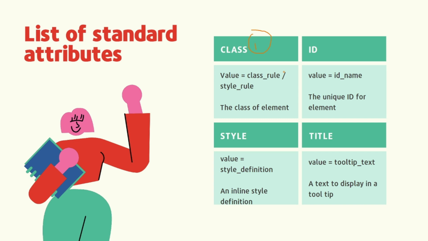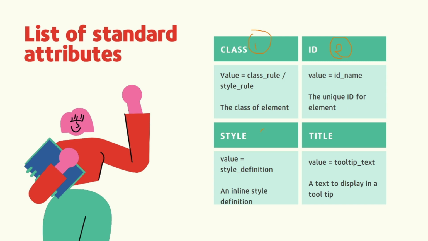Obviously, we will see all these attributes in detail with the help of examples. But you need to remember that these four are the standard attributes. Second is the name, and for that we use the ID attribute. It is a unique identifier for the element. If you want to provide a name that will be unique for the particular element, it can be specified within the ID attribute.